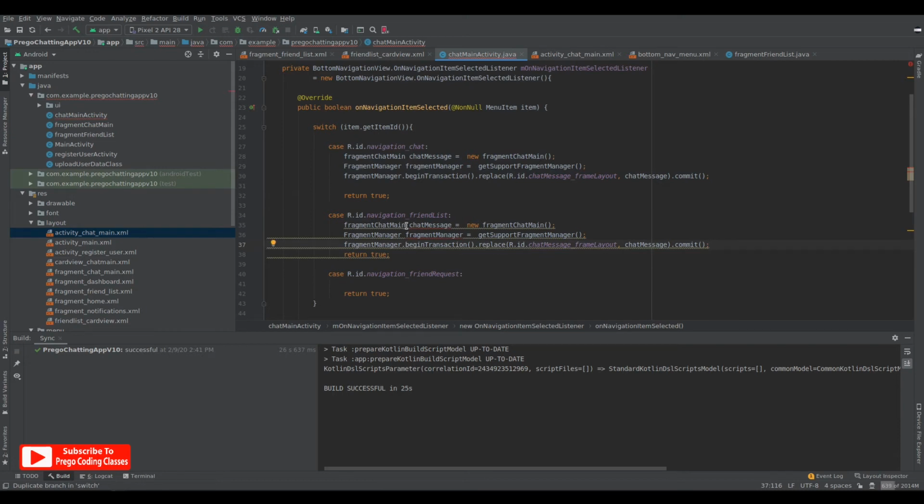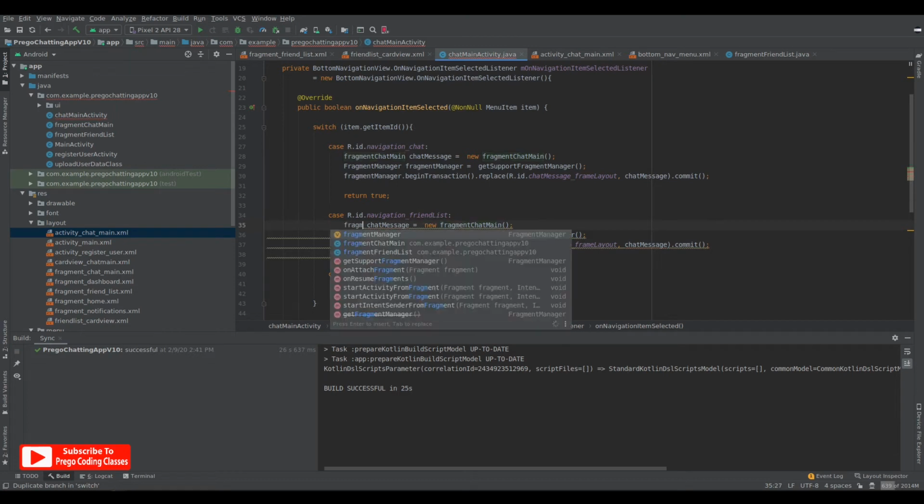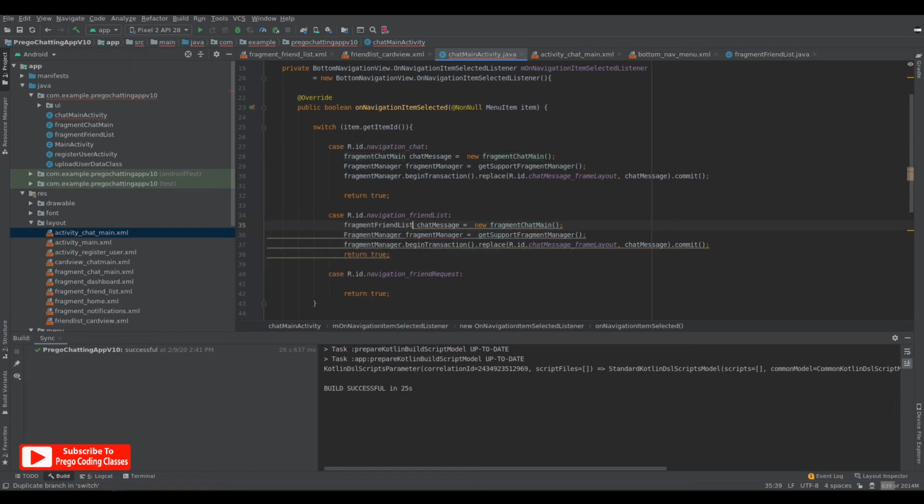So we'll say fragment friend list, because we are replacing every fragment chat main with the fragment friend list. So over here it should be friend list instead of chat message. So friend list, and this should also be friend list.